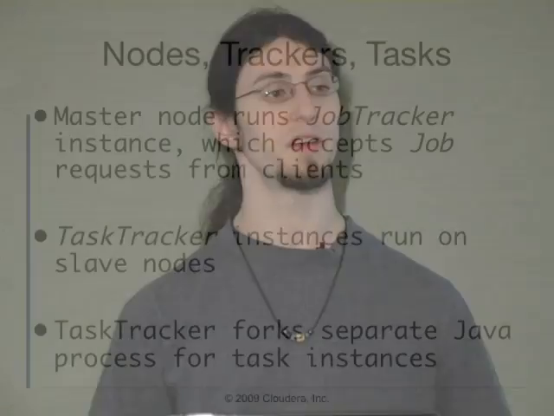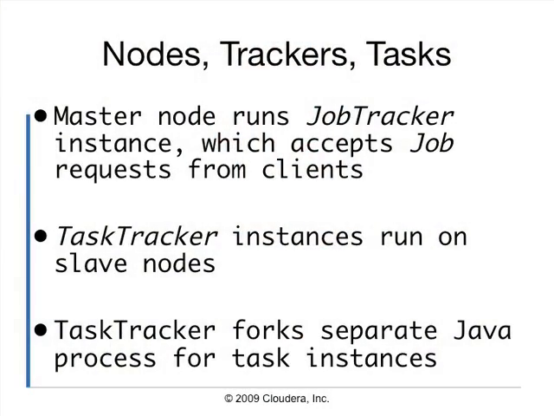So the client computer, the one where the developer sits, is what's actually submitting the job, and the code starts out there. And you actually run the program on that node. And so your program starts up, and then at some point it gets to a submit job call, at which point your computer will talk to the job tracker node. And then you will negotiate with the job tracker and get yourself into the queue, upload a copy of your own code. And then the job tracker tells all the slave nodes which particular work units